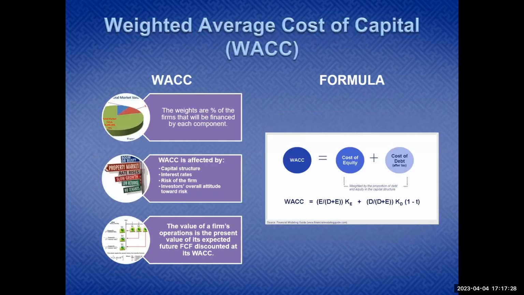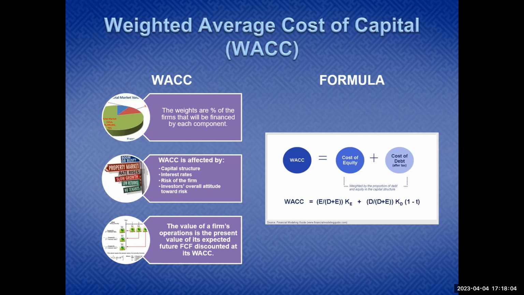One of the main determinants of intrinsic value is the cost of capital. What does it cost us to borrow money? Which is pretty simple. It's the actual interest rate on the debt, less the tax shield. Remember, interest on debt is tax deductible for corporations, kind of just like it is for individuals up to a point. The cost of debt after tax is taken into account with the cost of equity.